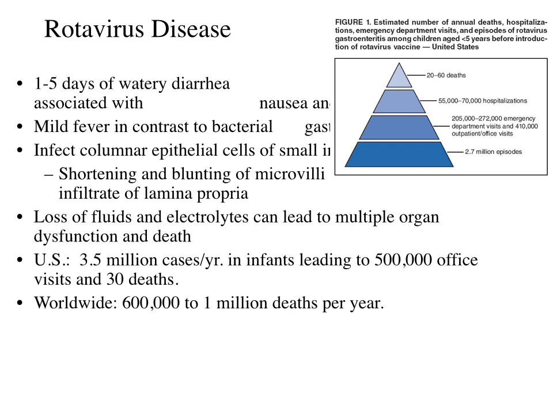When these cells are infected with virus, you see shortening and blunting of the microvilli, and you see an infiltrate of the lamina propria, which is what keeps the individual cells lining the lumen of the gut stuck together, let's say. It's almost like cement, so that you don't get fluids leaking between the cells. Loss of fluids and electrolytes